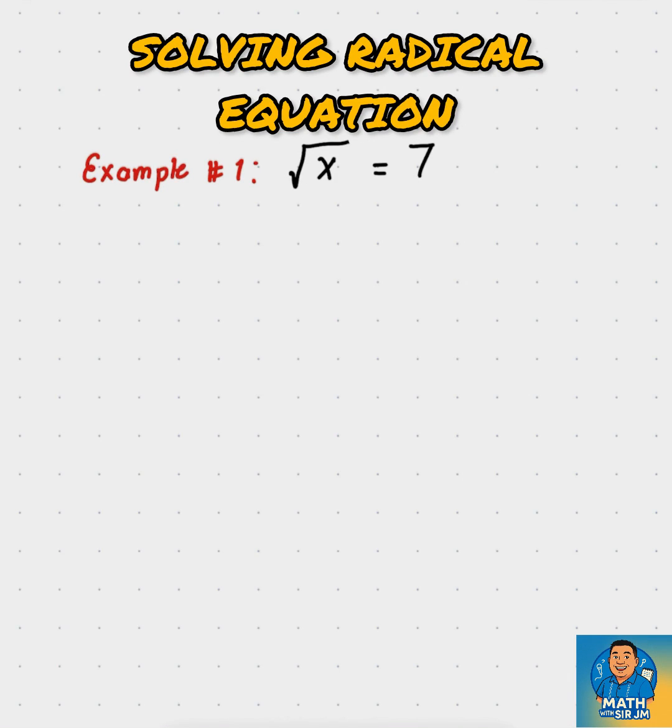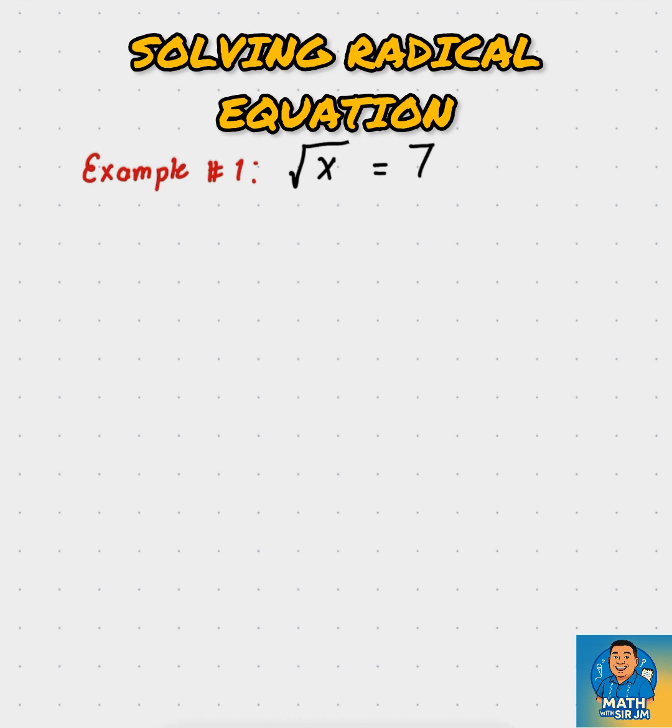Our lesson for today is all about solving radical equations. Now, in solving radical equations, we must follow these easy steps. Step 1. We must write the equation such that the radical containing the unknown is on one side of the equation. Step 2. Raise both sides of the equation to a power same as the index of the radical. The equation should be free of radical to complete the solution. And lastly, step 3, combine similar terms.